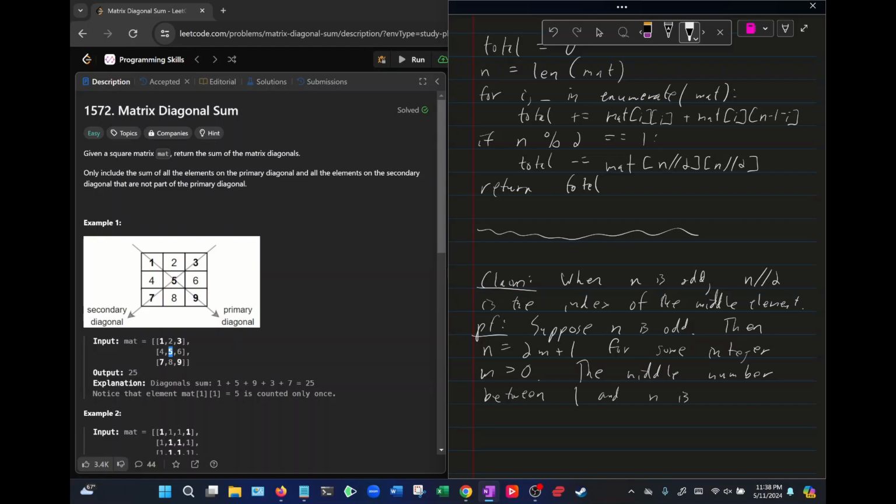Okay, so this is going to be n plus 1. Why is this true? This is true because